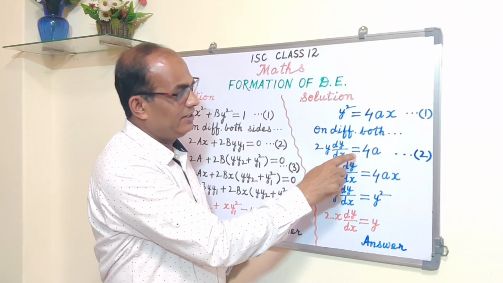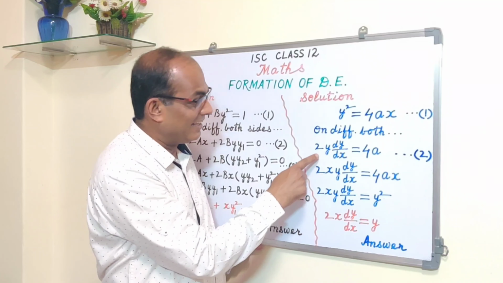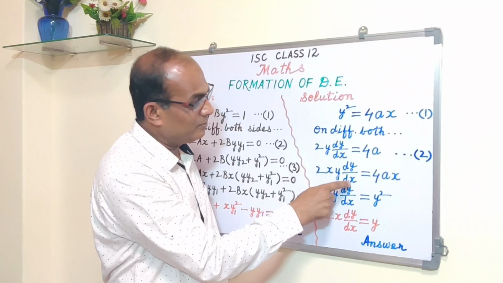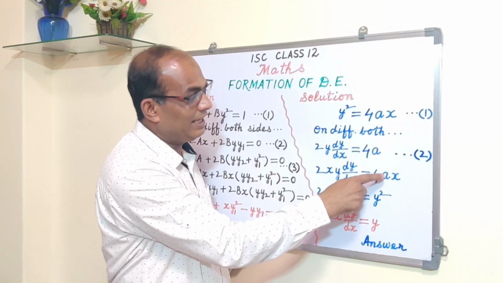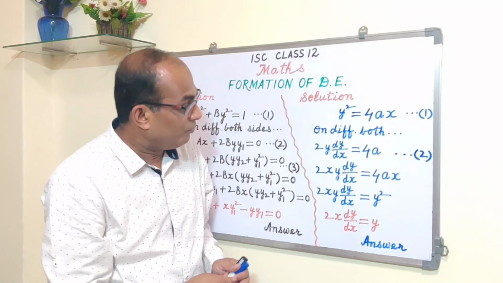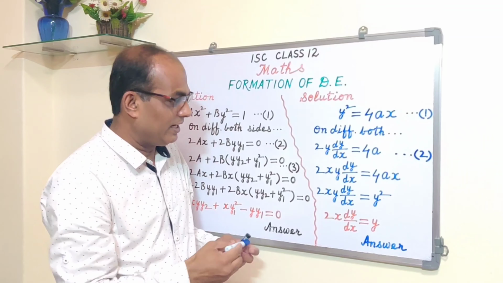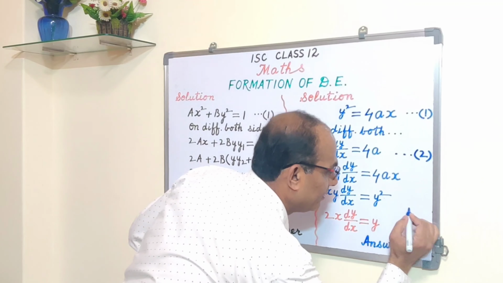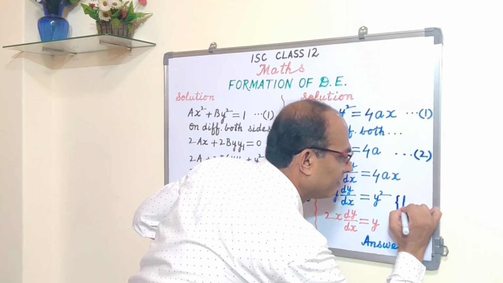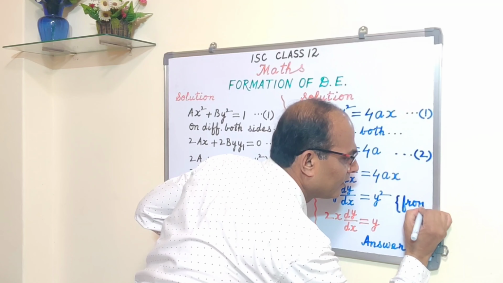So that is what I am doing. We differentiate it. And then in the second equation, I am multiplying both the sides by x. So you can see this 2y already, x we are multiplying. So 2xy dy upon dx is equal to 4a and x. Both the sides we are multiplying by x. Alright? Fine. Now this 4ax is equal to y square from equation number 1, that you can write down. You should write down from 1. Here you can give reason from 1, and you should give reason from 1.